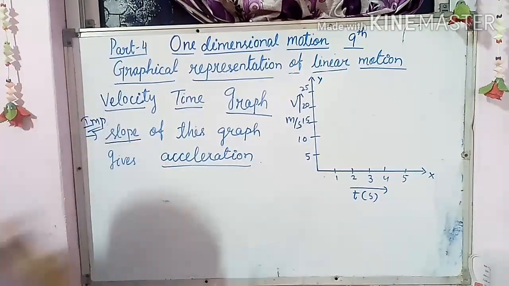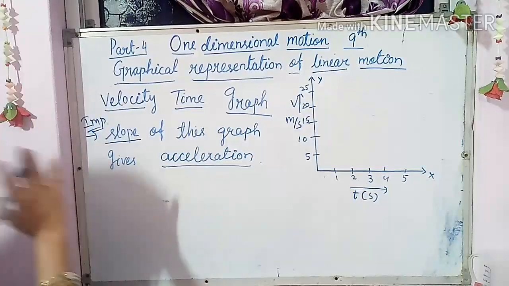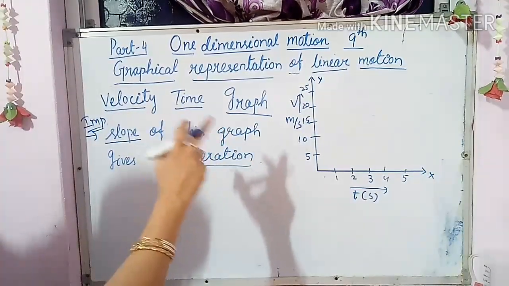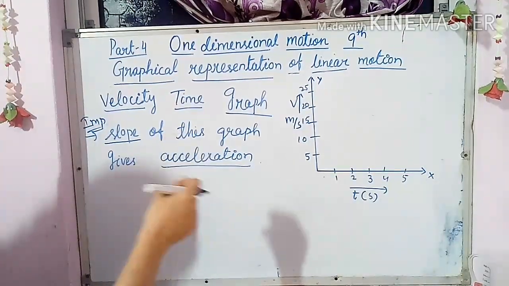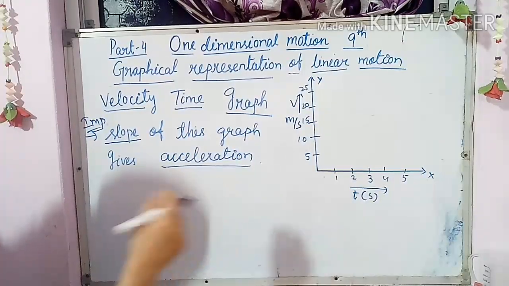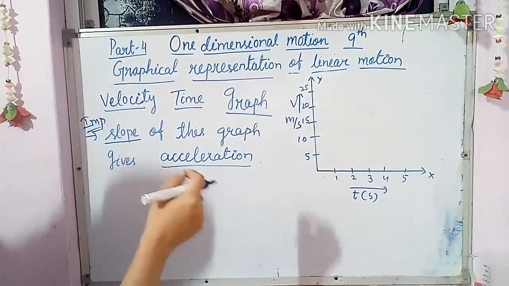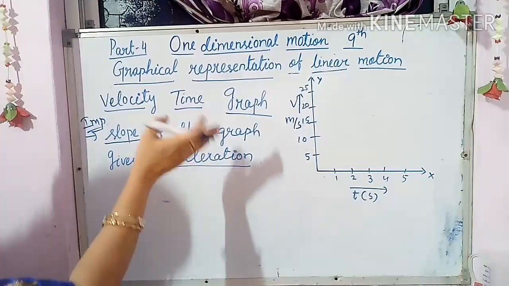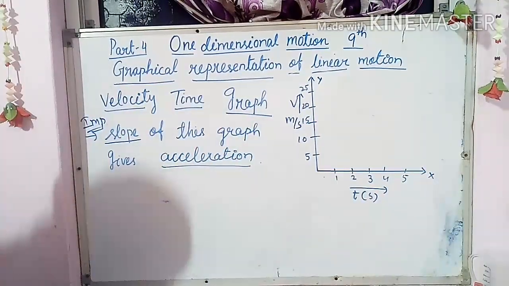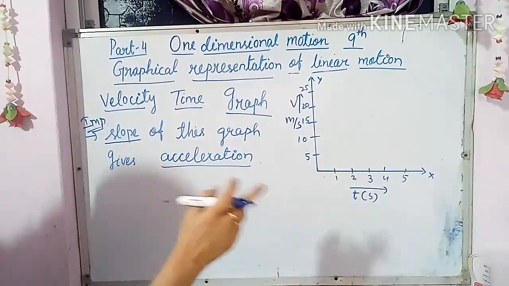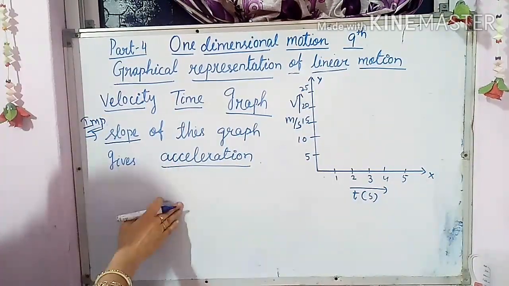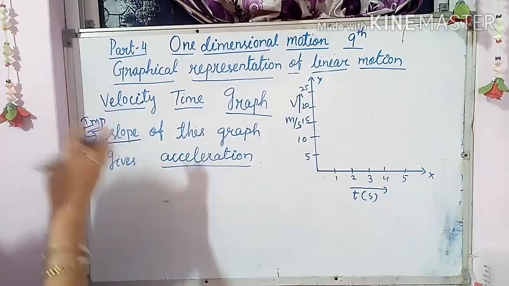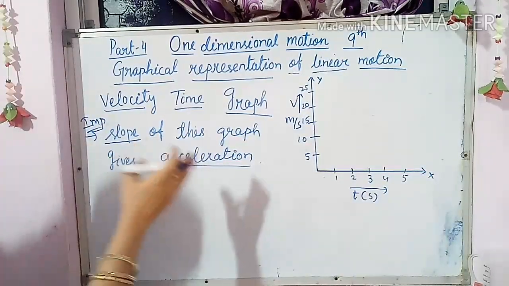I will totally recapitulate the main points. So here the first is constant velocity. The second condition is that with time your velocity increases, but uniformly, meaning as I told, suppose your time interval is 1 second, so the velocity interval is also the same. The third condition is non-uniform velocity, meaning the time interval is the same, but your velocity interval is not the same. Those are the three conditions for acceleration. Like these, there are three conditions for retardation, where velocity decreases. Now let's discuss one by one.